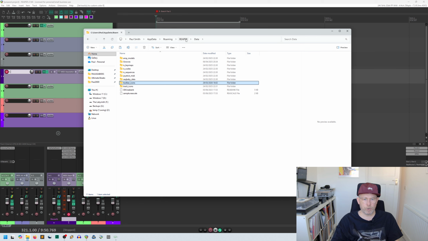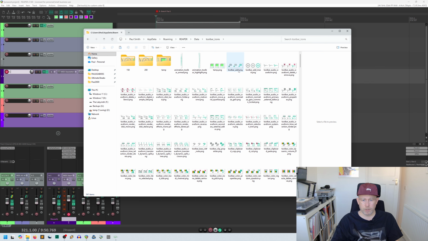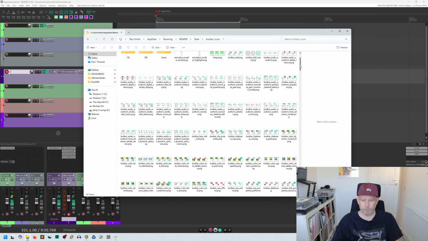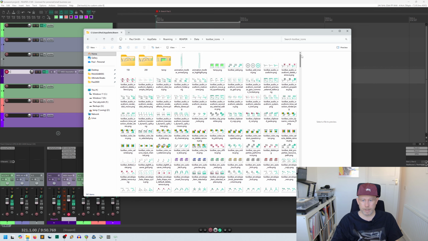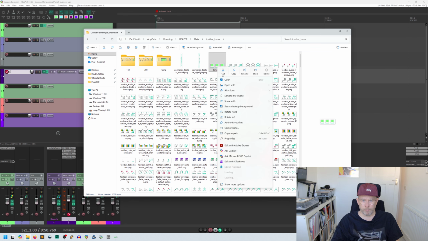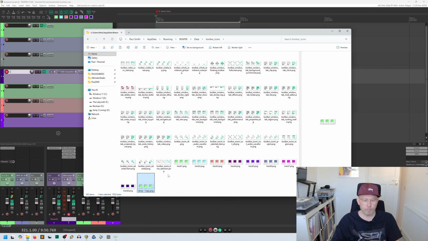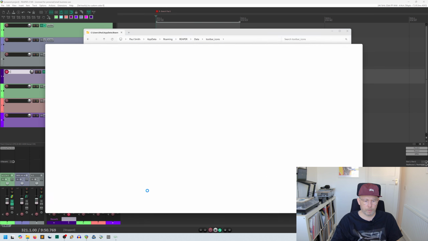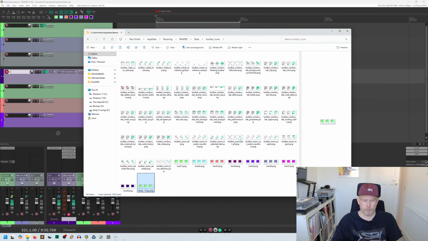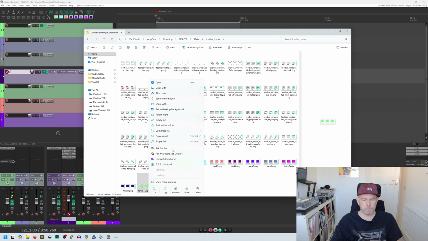So you're looking for Reaper data toolbar icons, and then what you need to do is copy an icon. So they're all here. So if I was to copy that one, for example, and then just paste it back in, and rename it, so new icon pool,